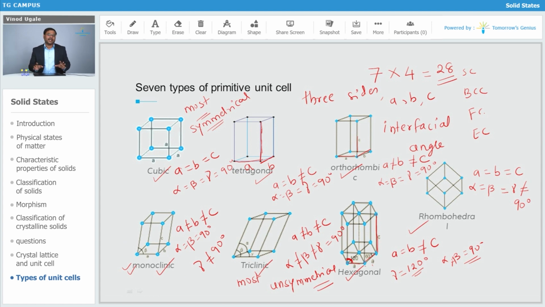Now the thing is, how are we going to memorize all these things? Because this is information only that we have. So in the examination, if we get confused, what are we going to do? We have one trick for how to recall all these parameters. So let's go for that trick.